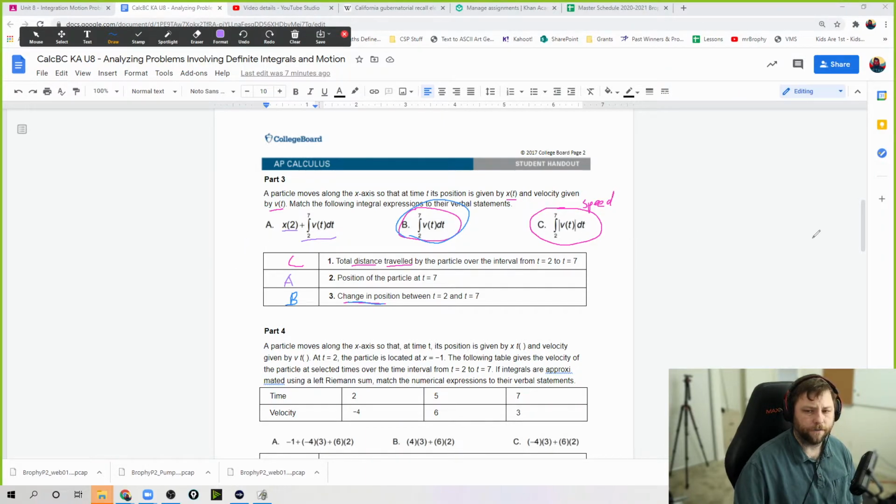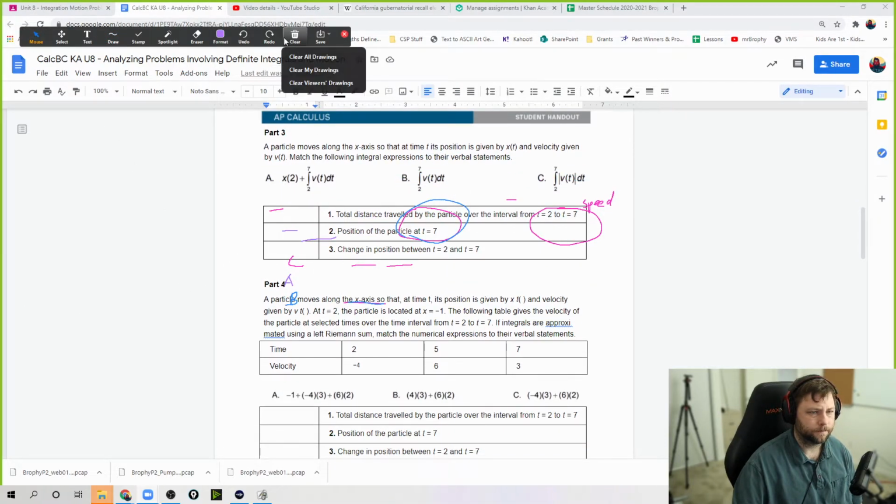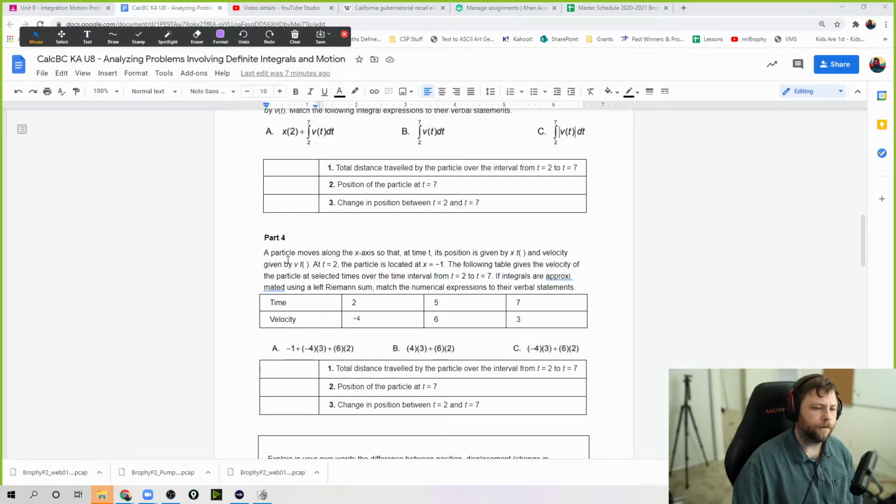So let's look at part 4 below. I'm going to scroll on down. Part 4. A particle moves along the x-axis. At time t, its position is given by x of t and its velocity by v of t. At time equals 2, the particle is located at -1. The following table gives the